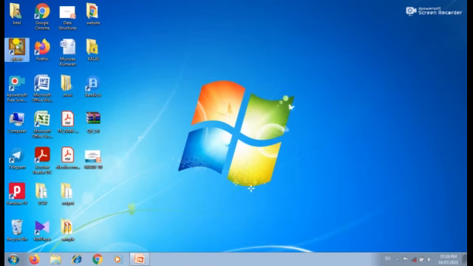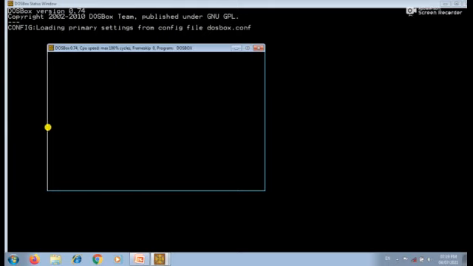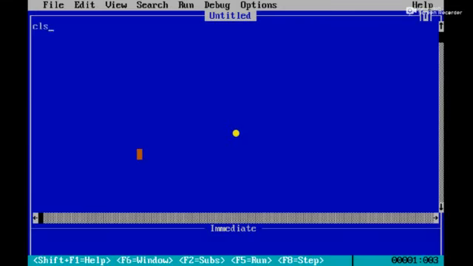See here, student. Consider one program. First, I am going to give CLS, clear screen.